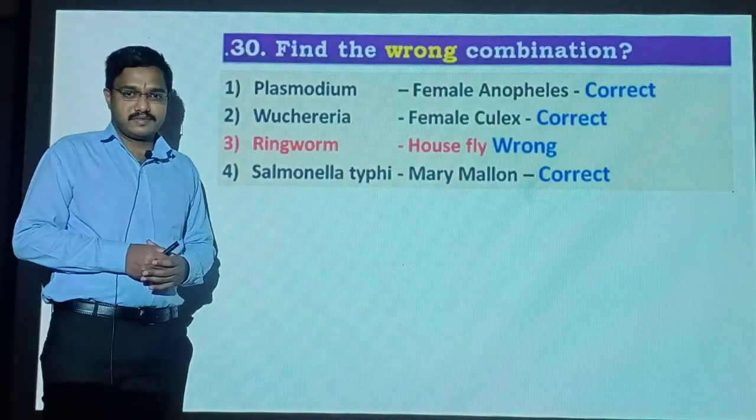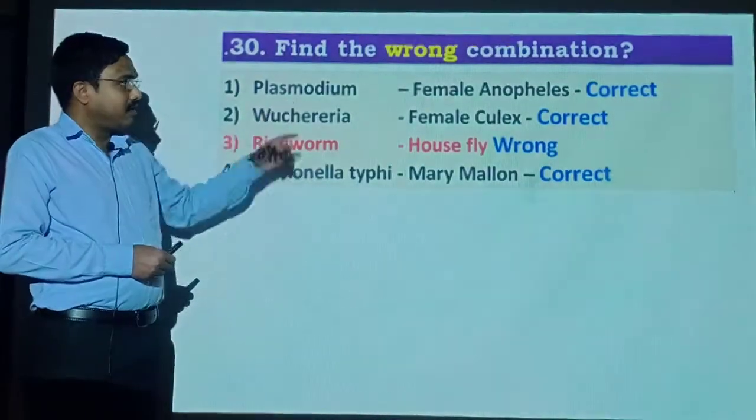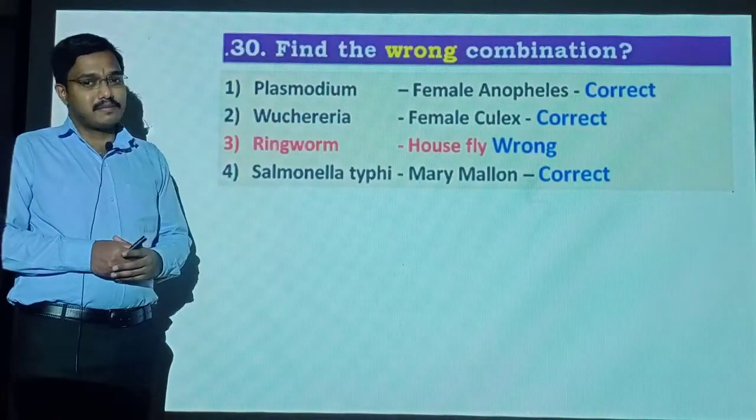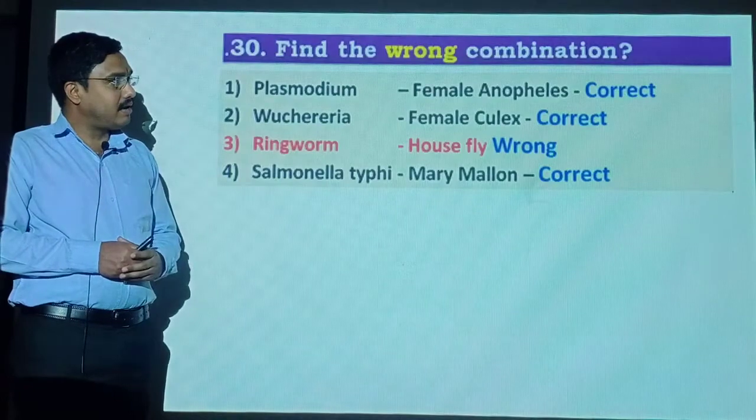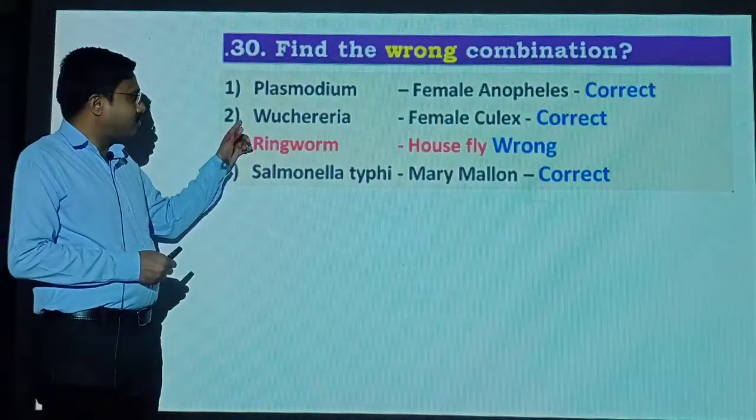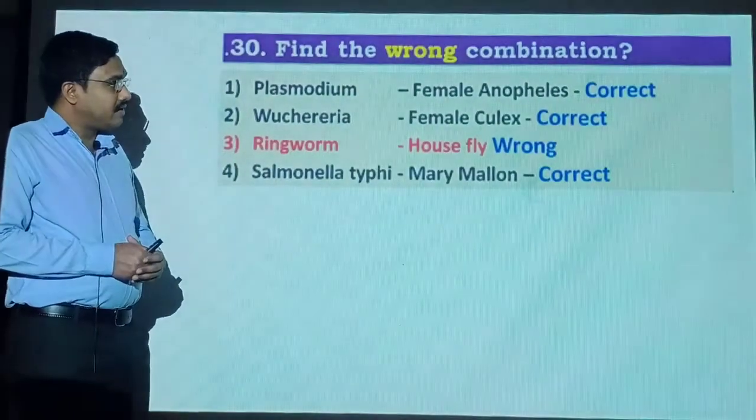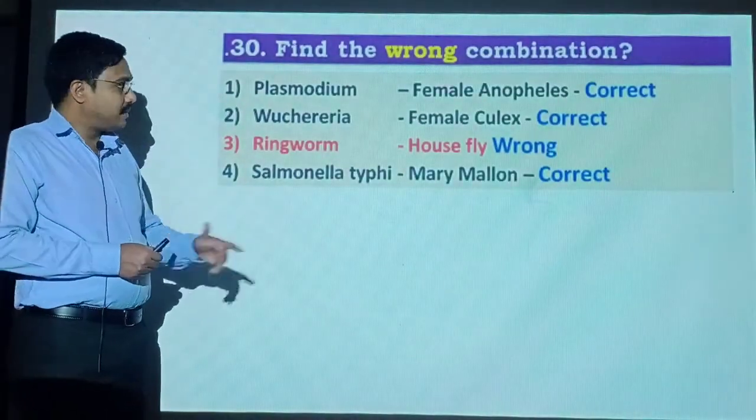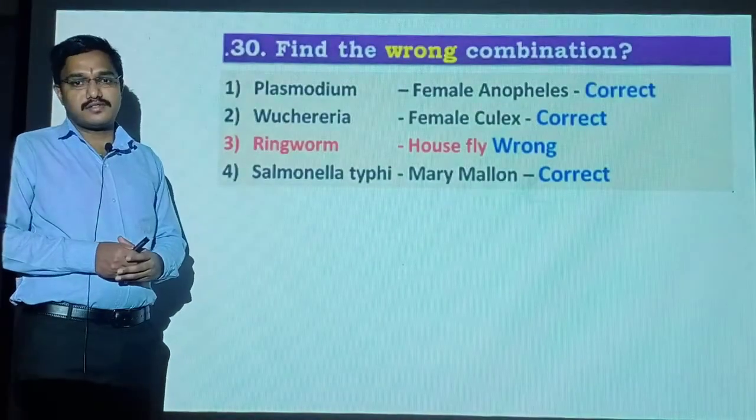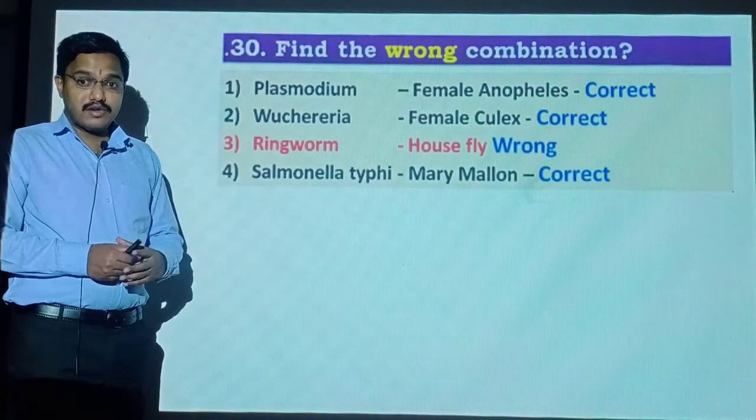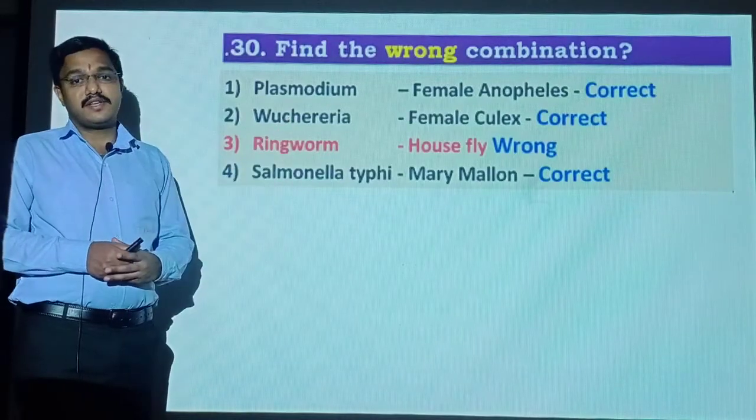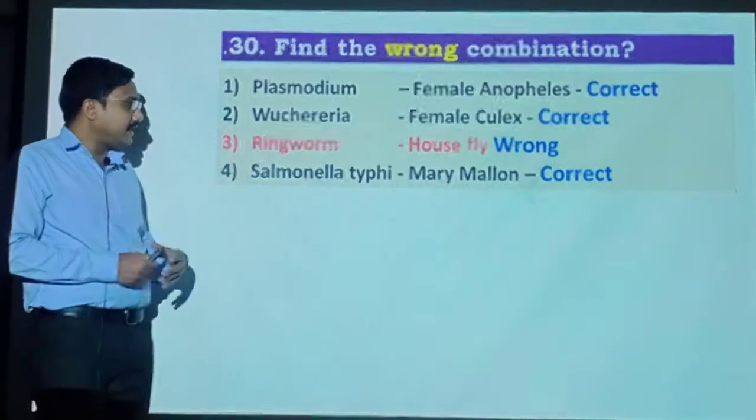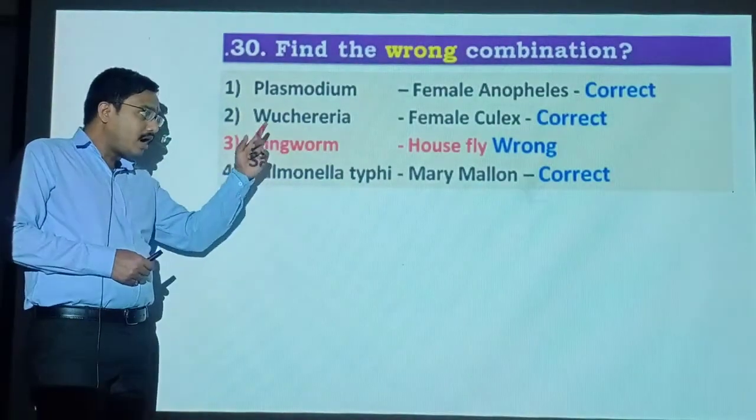This is correct, because Plasmodium causes malaria. So the vector of malaria is female Anopheles. Second option, Wuchereria and female Culex. This is also correct, because Wuchereria causes elephantiasis. The vector of elephantiasis is the female Culex mosquito. But if you see option 3, ringworm, housefly,